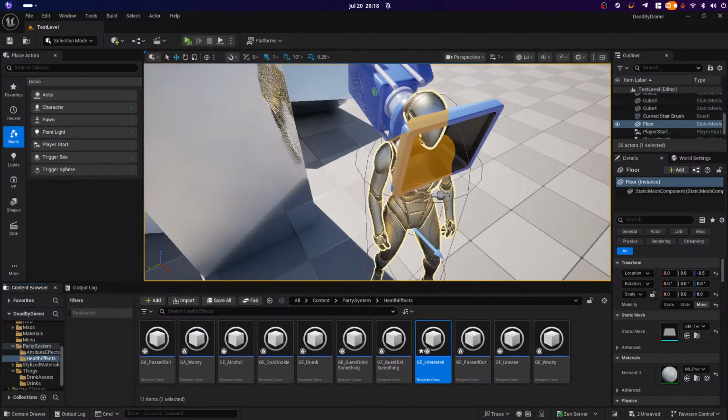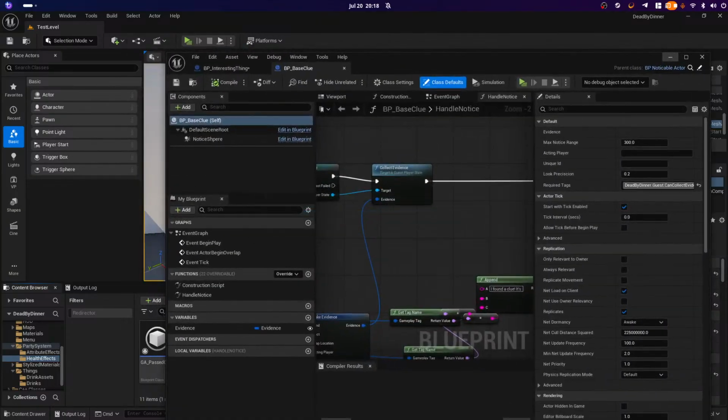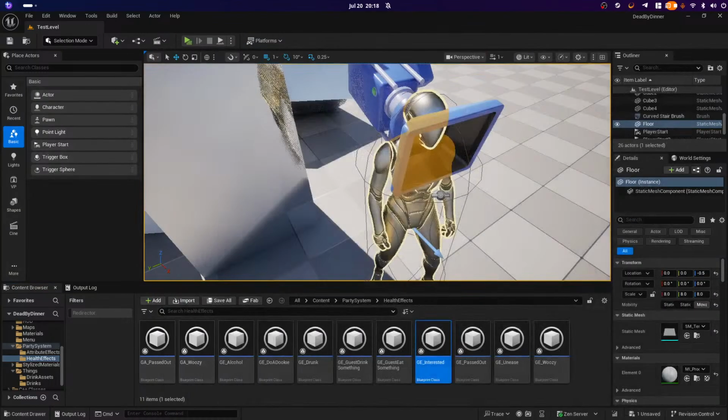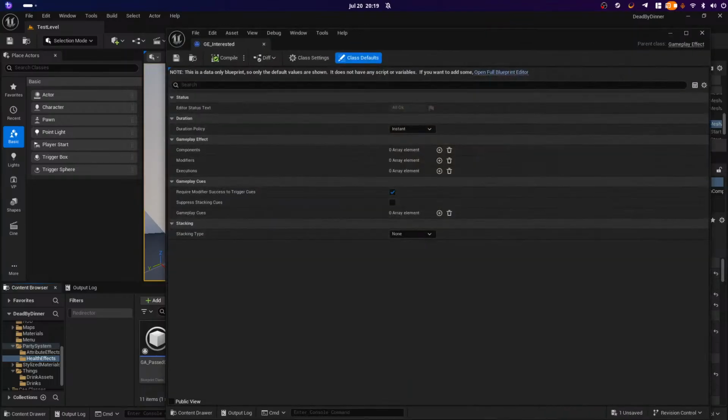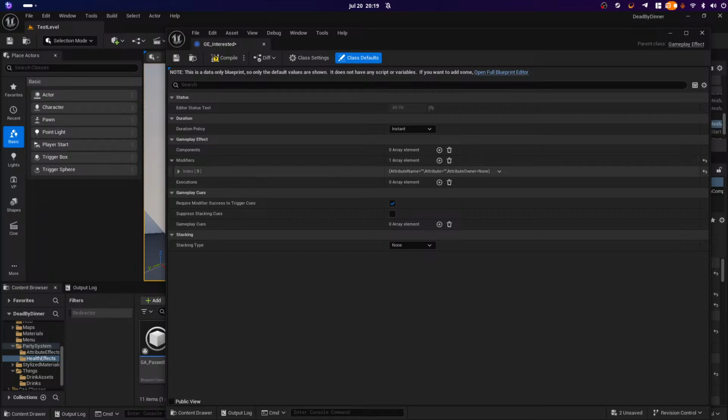Very annoying. I still have to play with some timing on that. Open it, close it, open it again. Yep. All right. So instant modifier